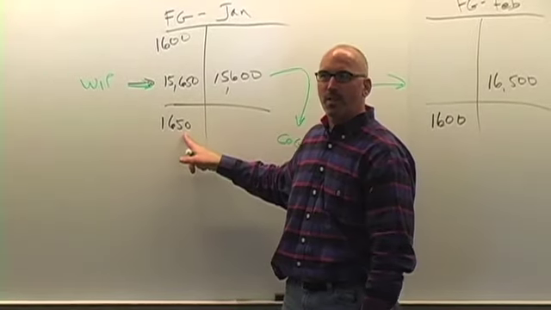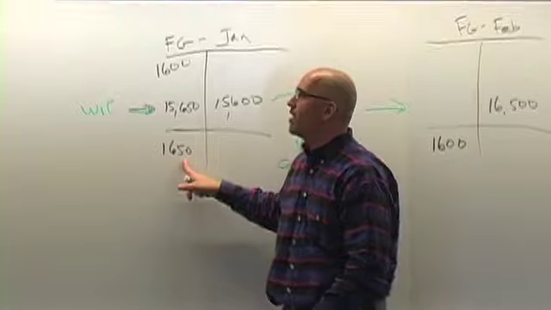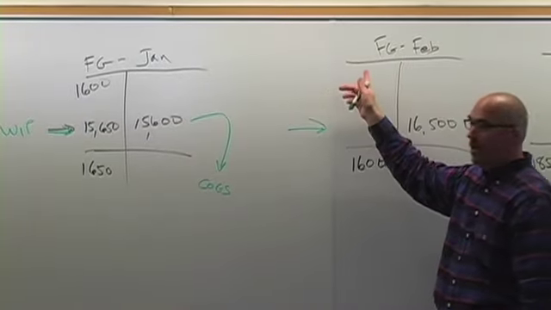Rebecca, do you know? I'm sorry to scare you. Beginning inventory for February? Yes, ma'am. It is 1,650 units. Armando's nodding his head. You knew that. Why is it 1,650? Minus this equals this. And look, what is this number? Ending inventory. So what's the relationship between ending inventory in January and beginning